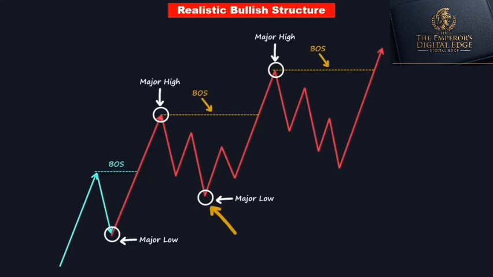You might be wondering why we don't regard this low structure as the major low. The rationale behind this is that the low located at the extreme is the ultimate and lowest point before the price initiates an upward movement. This particular low is crucial as it is the key low that triggered the upward movement, and subsequently the break